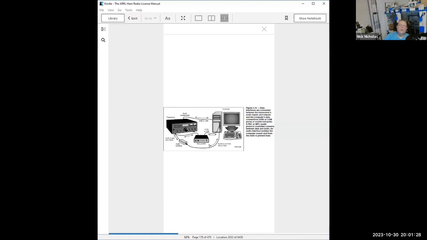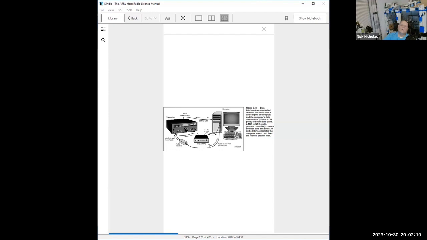And generally, the way they're going to hook up is they have to take audio from the receiver of the radio, and they have to take audio from the computer and output it into the transmitter to be transmitted. So in order to do that, they also have to control the push to talk. So there are three basic connections all these interfaces will require. They'll require a connection to push to talk, a connection to audio in to the radio, a connection to audio out from the radio, and then they will require some connection to the audio in of the computer and the